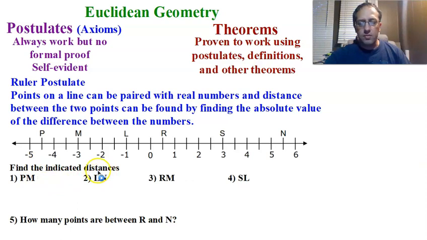There's no symbols above it, right? We talked about if it's got a line above it, it's a line. If it doesn't have any arrows, it's a segment. If it's only got one arrow, it's a ray. What is this? There's no symbol. All right. If there's no symbol, what that means is I want the distance from L to N. So how far is it from L to N? Another way to think about this is to know how long is segment LN. Okay, so if there's no symbol up above these, that means we are looking at distance.